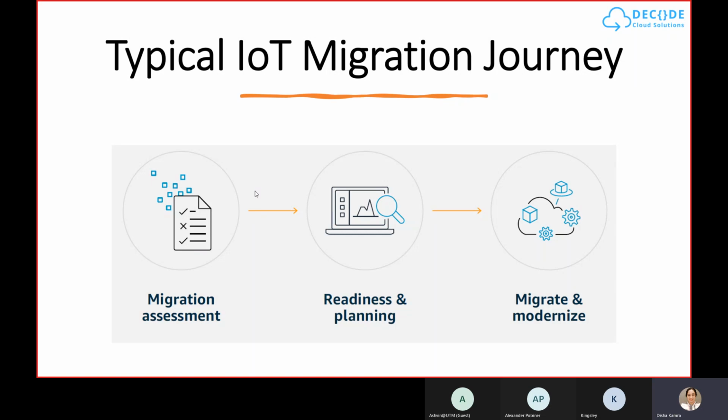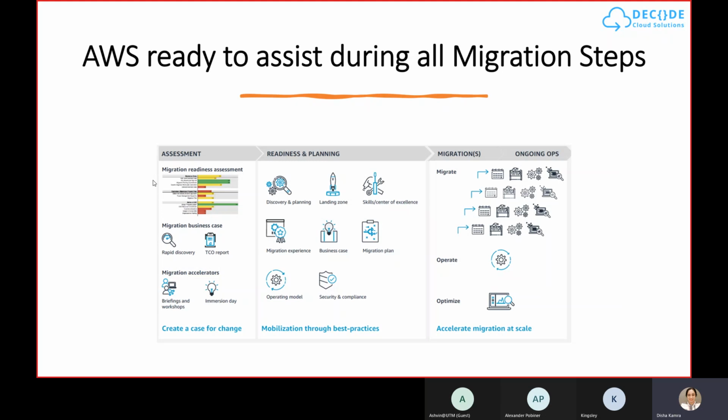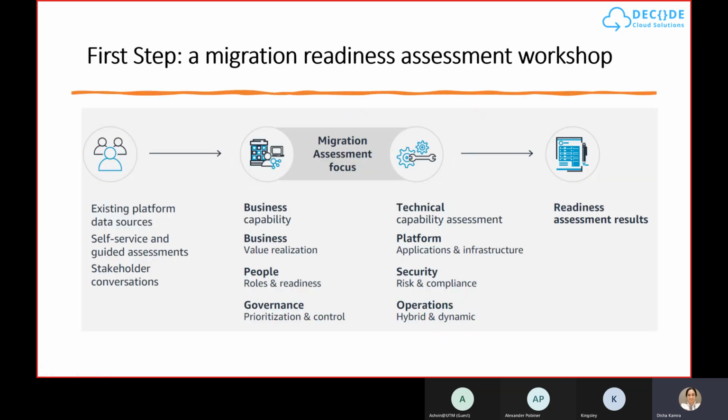When we talk about the migration steps, especially with IoT, how this will work is they will help you create a case for the change, do the readiness assessment, take up your TCO report, give you a briefing, then help you discover everything, and then slowly and gradually take you to the migration step. They provide a migration readiness assessment workshop, especially for people who are adopting AWS. And now I'm going to discuss, in another 5 minutes, a challenge that Wemo